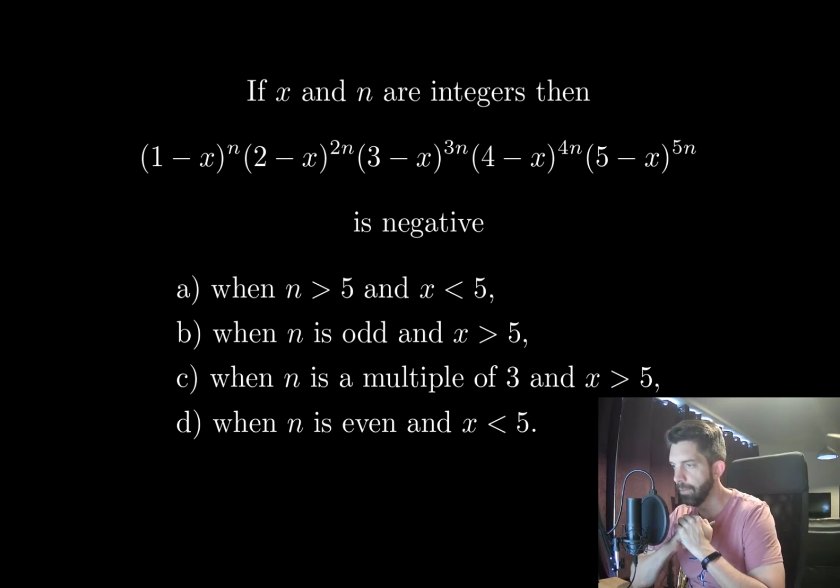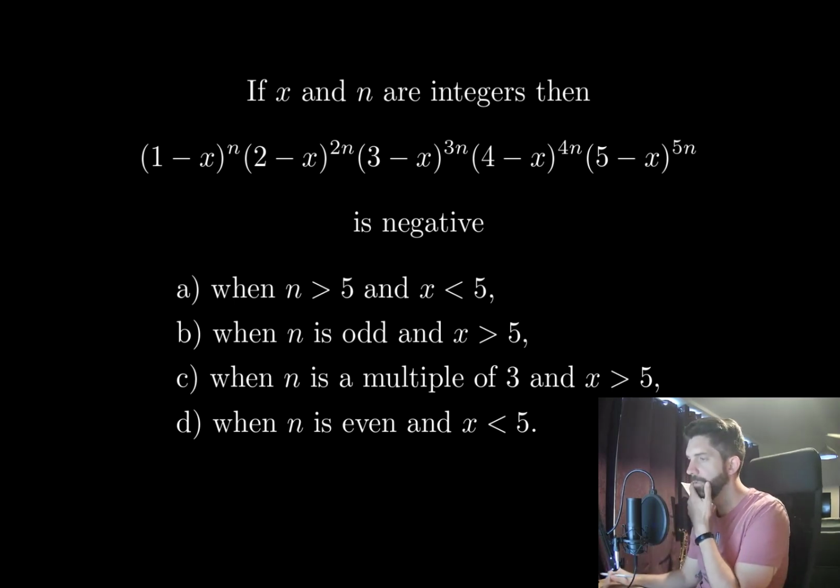Negative when n is greater than 5 and x is less than 5. Negative when n is odd and x is greater than 5. Negative when n is a multiple of 3 and x is greater than 5, or negative when n is even and x is less than 5. Right. So,